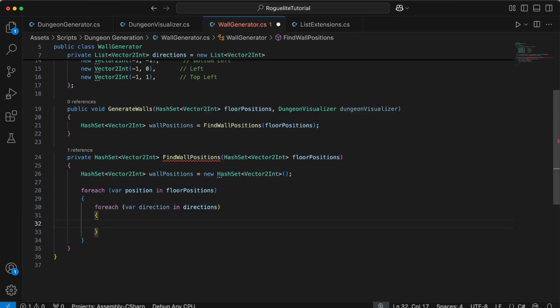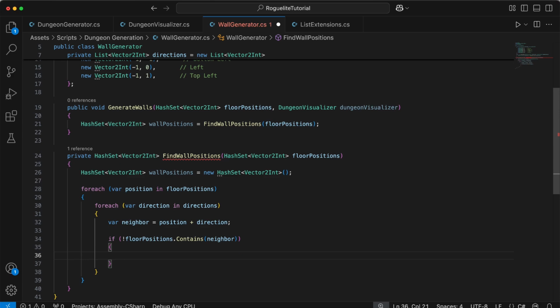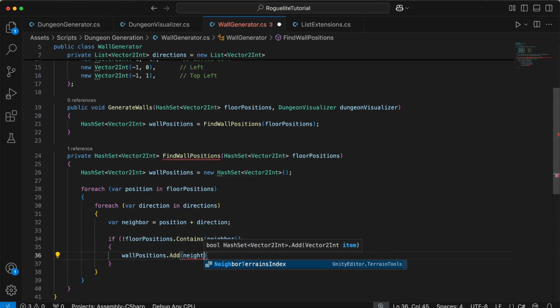And we can use our direction and our current position to calculate our neighbor. So let's go ahead and do that. We'll say var neighbor equals our position plus the direction. Okay, and then we're going to check to see if our floor positions does not contain our neighbor position. So we'll say if not floorPositions.Contains(neighbor). So if our floor positions does not contain our neighbor, we'll go ahead and add this neighbor to our wall